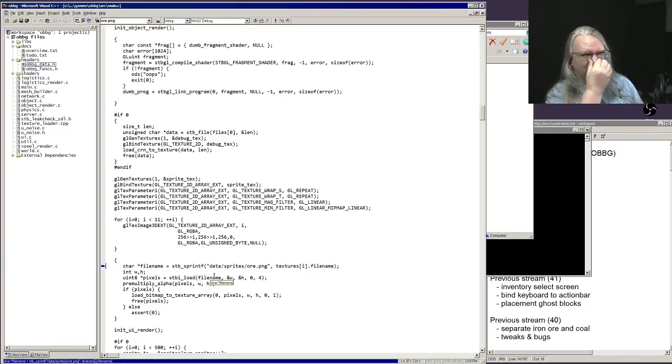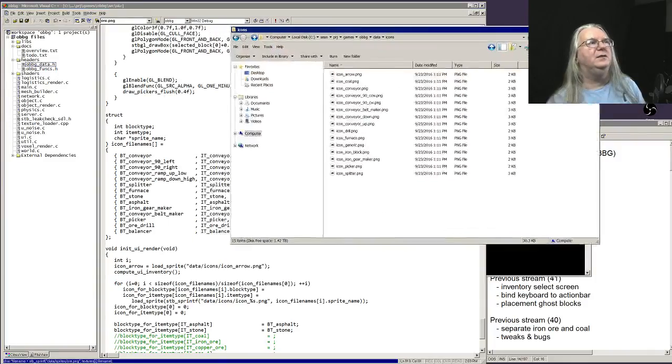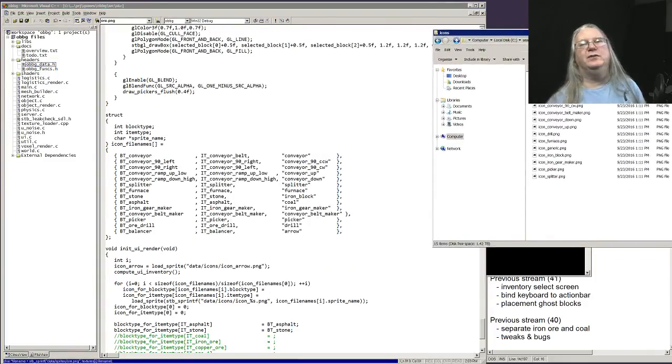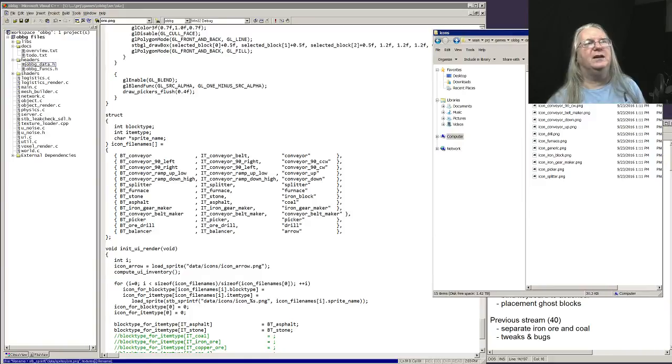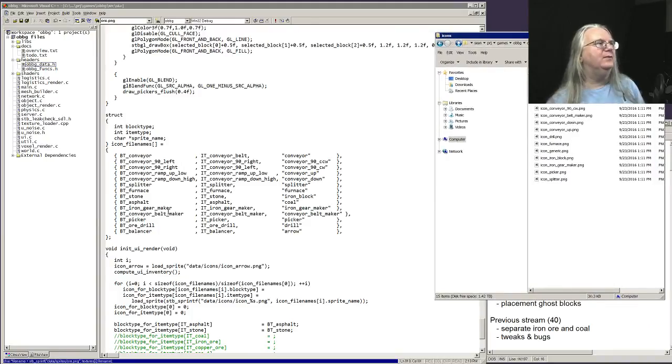And I'm just going to do the icons first, and we'll come back to the sprites. So we won't worry about it. All right, so what other icons did we need? Or maybe I should be doing the sprites, actually. Do the sprites first and come back to the icons. Right, I wanted you to be able to pick up the gears and those things. That's why I want to do the icons. Okay, so